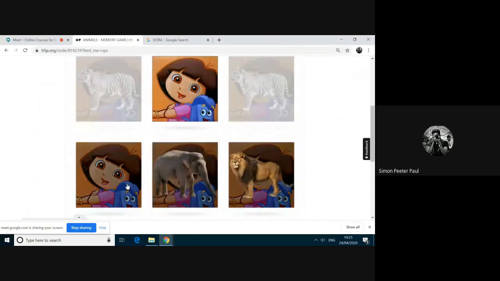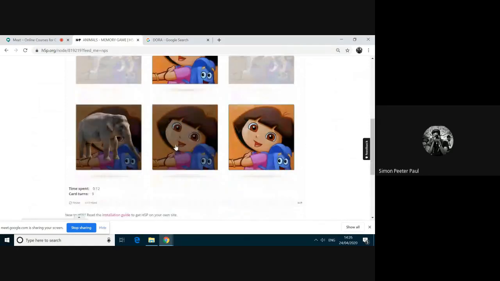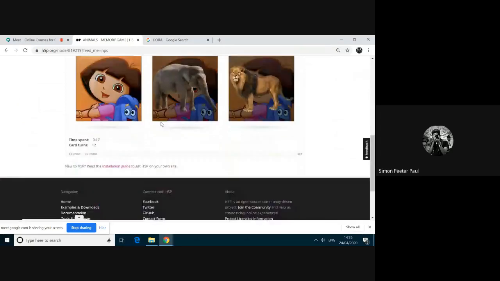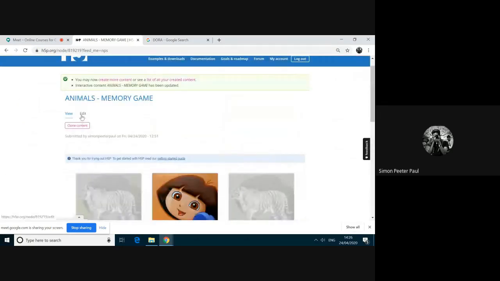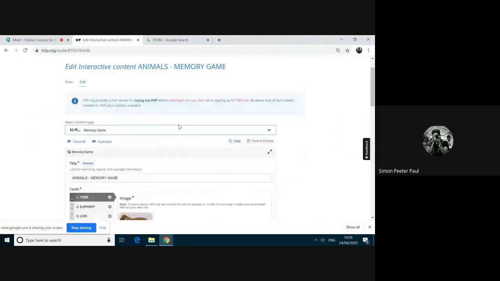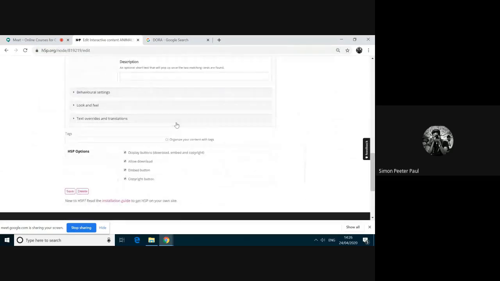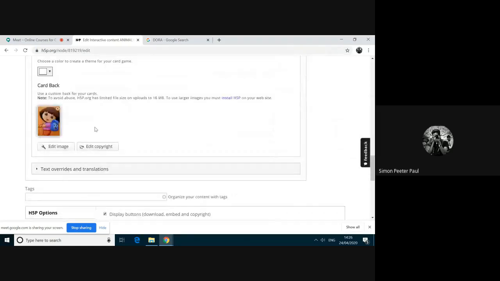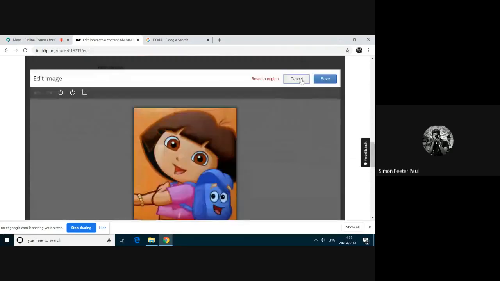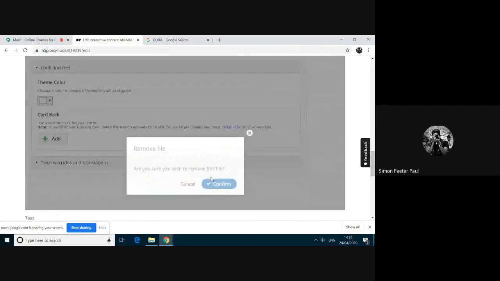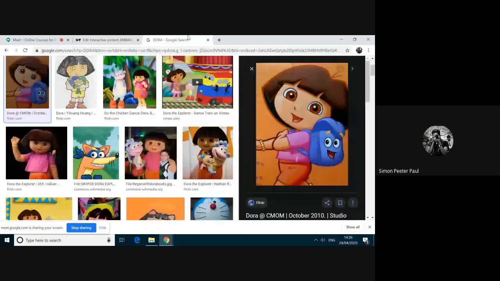I need some background. Let me change this one. It's not looking good. Again, to change this one, I'm clicking the edit option. The look and feel option is given here. And then I'm removing this one. I am going to add some Dora with white background.